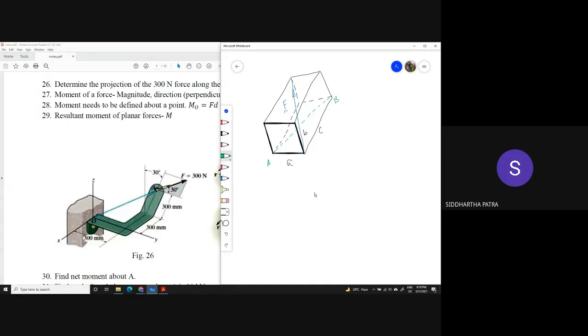Can you think of getting a projection of F along AB, or whatever would that mean? So basically, it's all in a box of sides A, B, and C, and can you find out? I mean, of course, you can find out the Cartesian components and all, but you see,